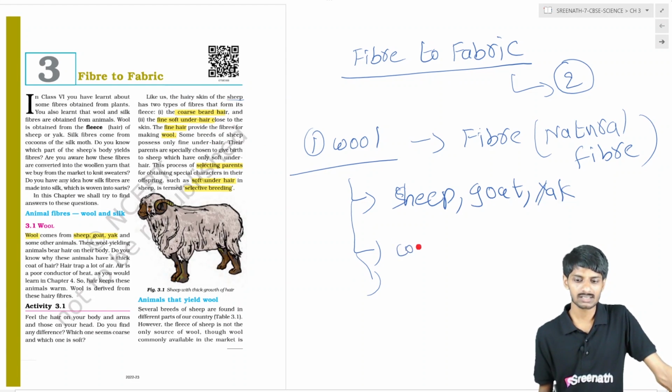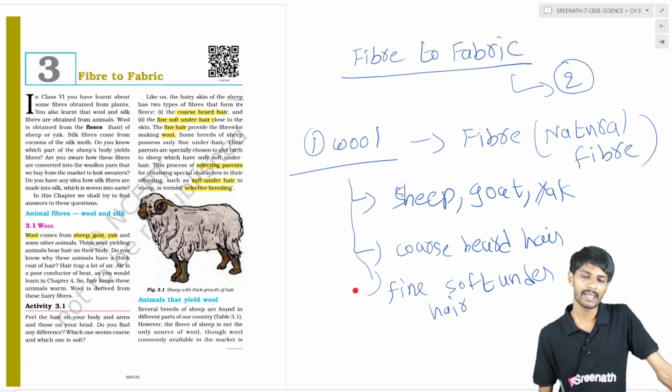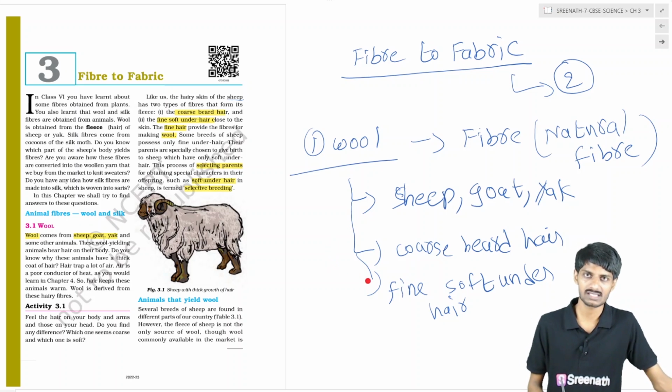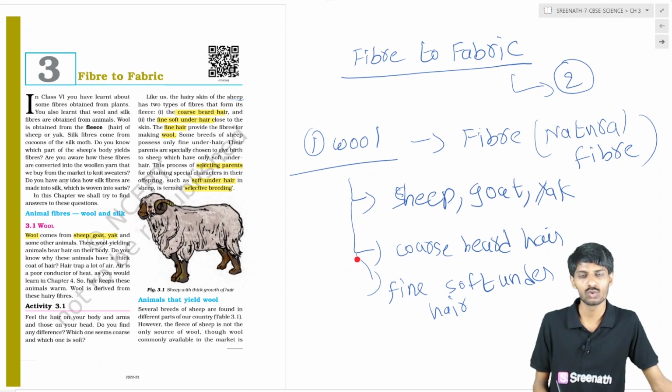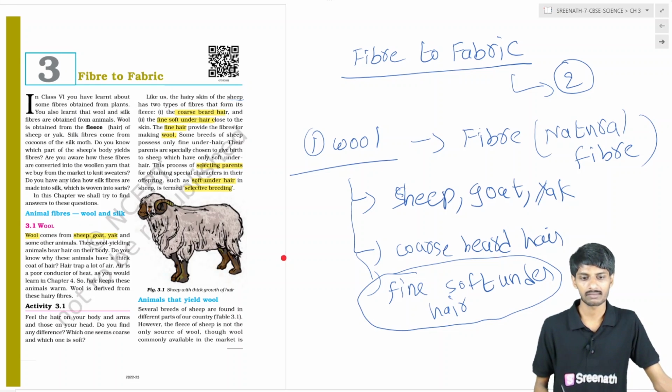One is the coarse beard hair, which is one type of fiber, and the other is the fine soft underhair. The beard hair is coarse, and the underhair is fine and soft. This hair is the fiber, and that fiber is manufactured into fabric. Which is more suitable? The underhair is more suitable for